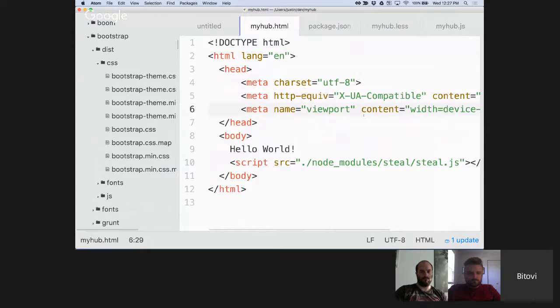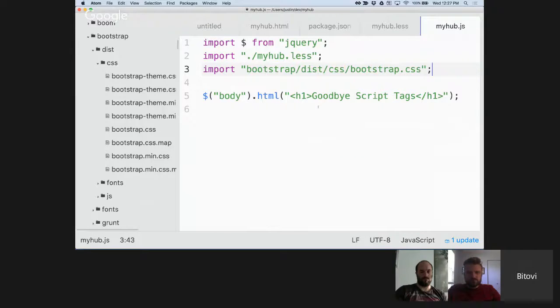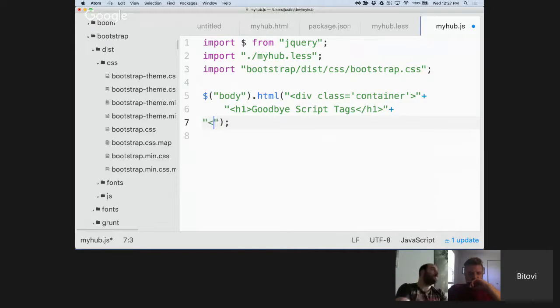So the next thing I want to do is actually use Bootstrap, now that I've changed the HTML. So I'm going to change this, which actually doesn't use Bootstrap, and put this in a container so we can see it responsively move around. So I'm going to make a div with class container, and I'll end it so we can see. Okay. And with that,